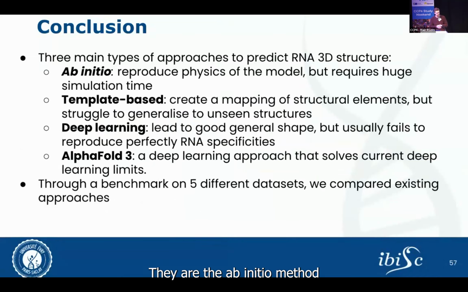There are the ab initio methods, which try to reproduce the physics of the model, but will require a huge simulation time. There are the template-based approaches, which try to create a mapping between structural elements, but they will struggle with unseen structures. There are also the deep learning methods, which will lead to good general shape, but usually fail to reproduce RNA key